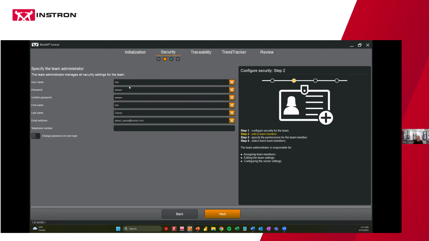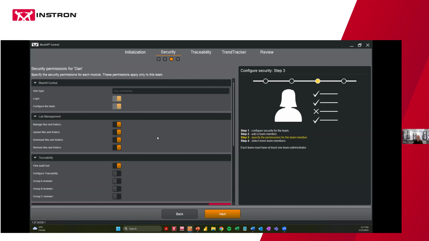I'll add some basic information. If this is not actually you, then you can create an account, save the password, and indicate that when this person logs in, they'll be prompted to set it on the next login. But this is me. So I'm going to proceed. It's going to ask me,